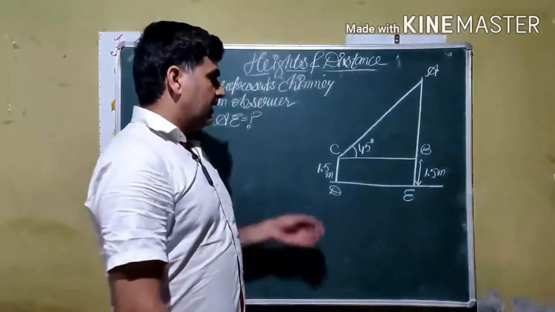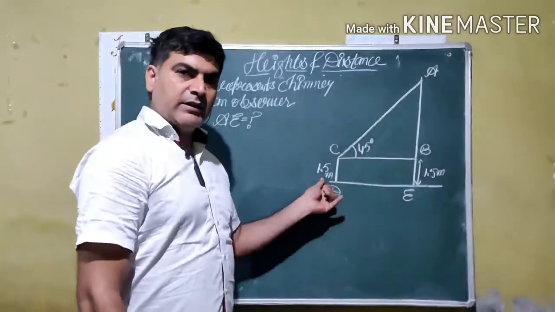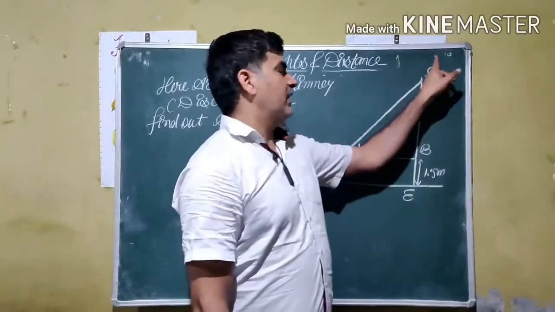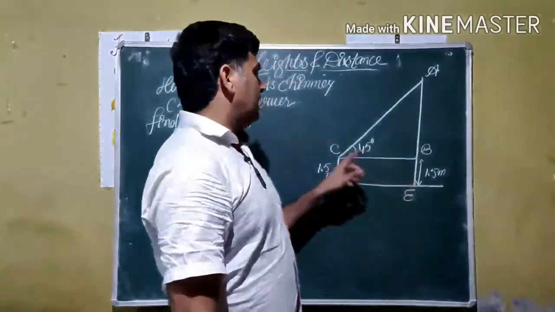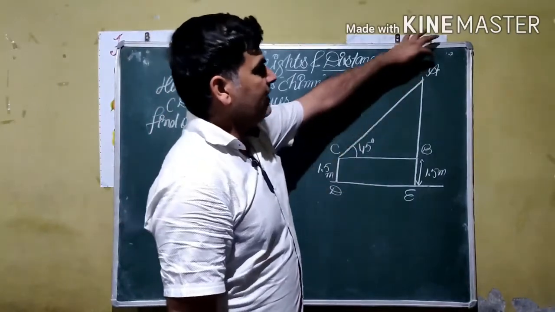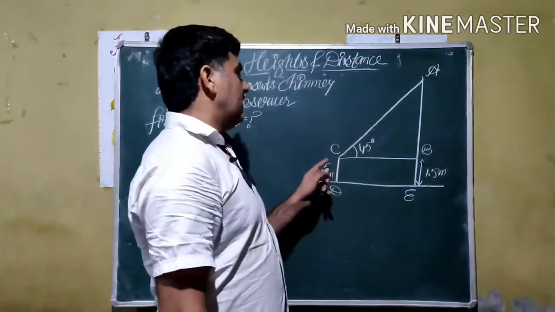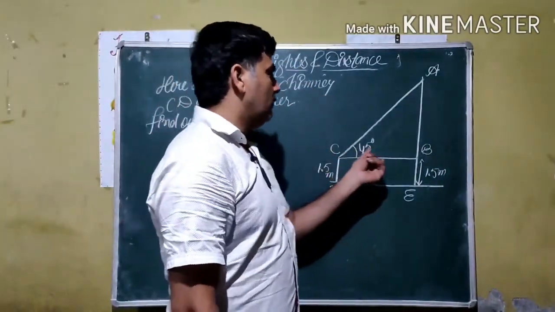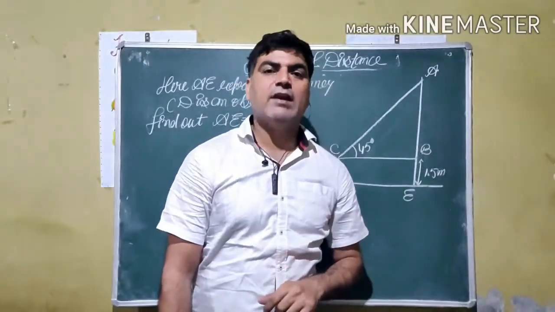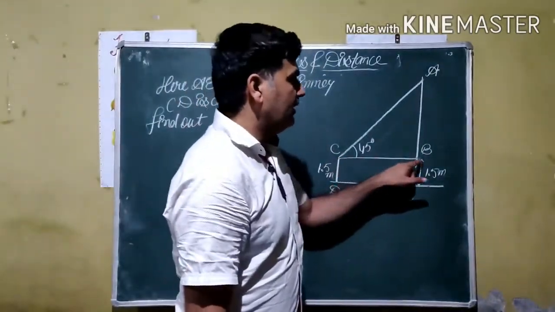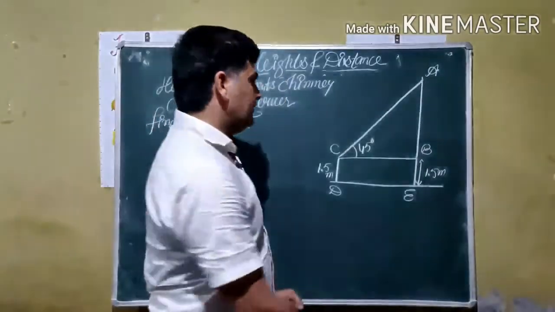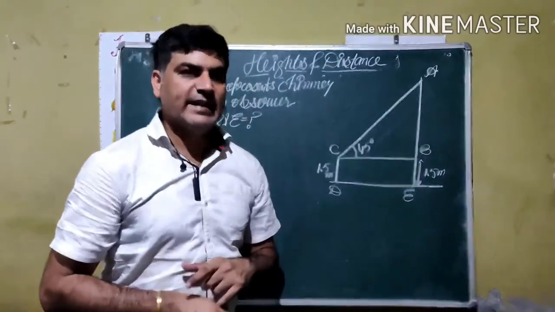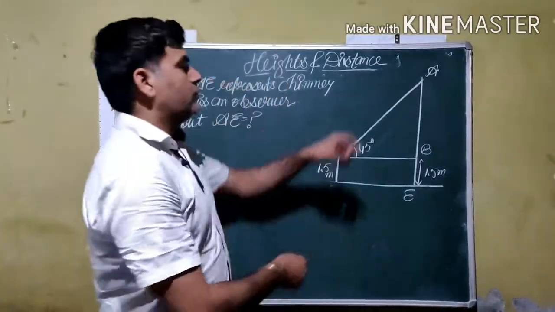Our question is, there is an observer of height 1.5 meter standing at a point D, and the height is represented by CD, and there is a chimney represented by AE. The observer watches the top of the chimney, point A, and as you know, eyes are at the top of our body, so we are watching from the top, making an angle of 45 degrees. For drawing an angle we require a horizontal line, so we draw the horizontal line BC. If we see here, this block becomes a rectangle, so this side and this side are equal by the definition of a rectangle. Our question is, find out the total height of the chimney.